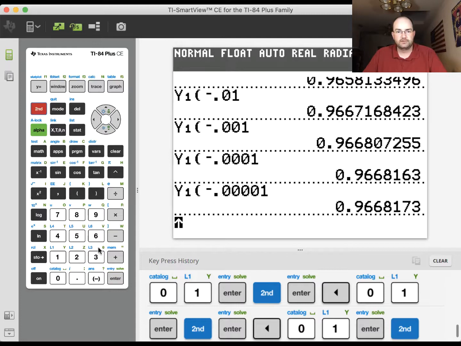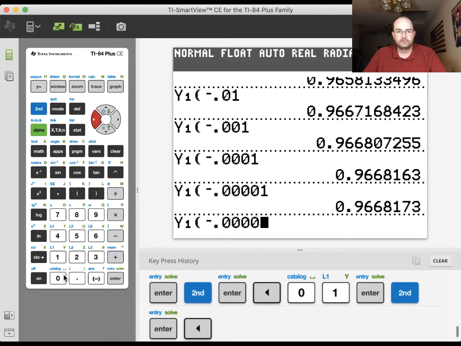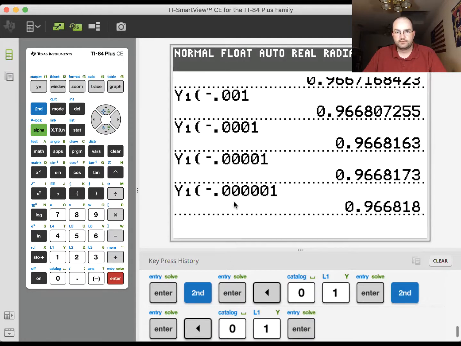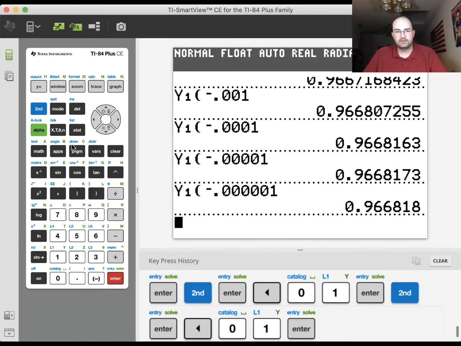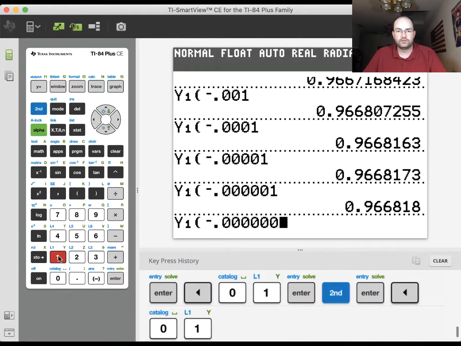Do this again. So 5 zeros and a 1, which of course would be what? Tenths, hundreds, thousands, 10,000s, 1 millionth. So negative 1 millionth. So 0.96681 is what that one is. And this may be the last that we see of this. If I throw in another 0.1 there,